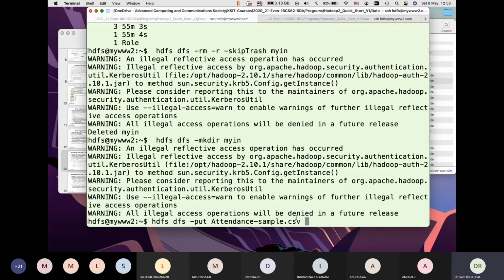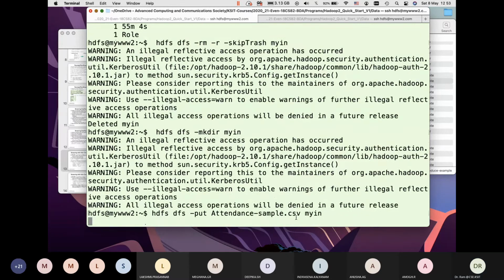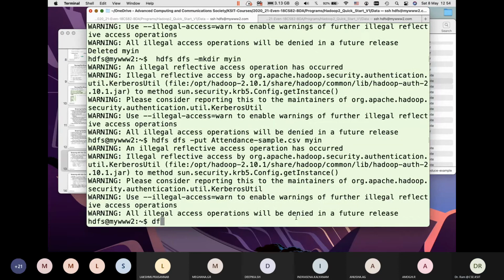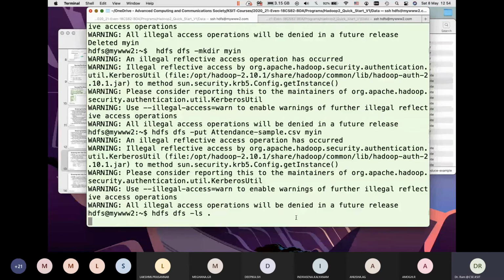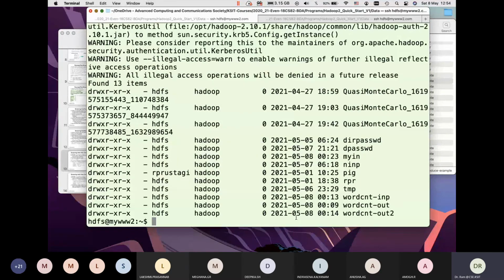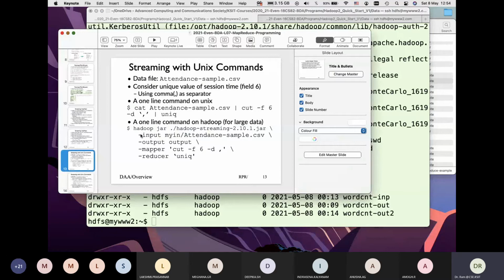Copy my file. File is copied. Make sure I don't have the output directory which I'm trying to use. If anything, let me remove those if there are any. So there is no output directory, or I can even remove word count out, that's okay. Now I'll run the program.